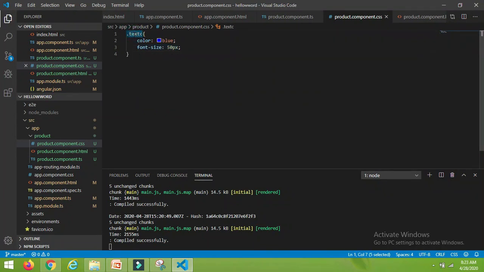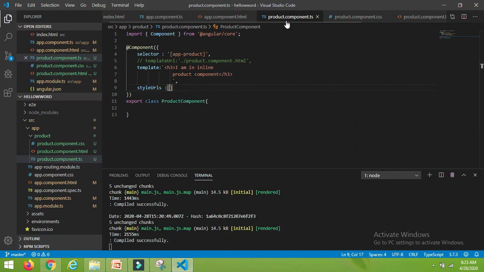So I want to use this class in my component, right? To use this I have to link this CSS file first. So open the product.component.ts file, and here add our path to the CSS, that is product.component.css, and close this.